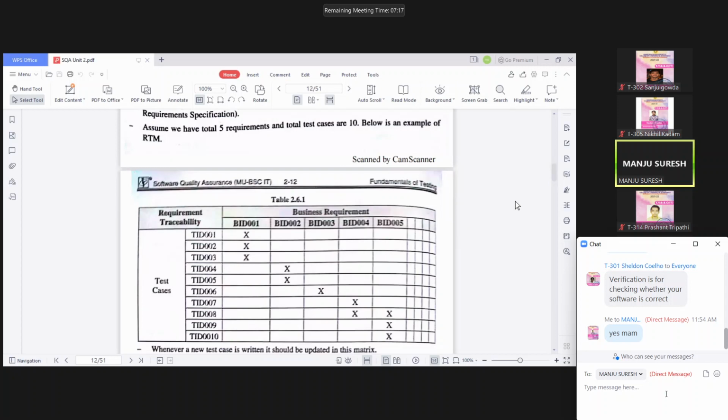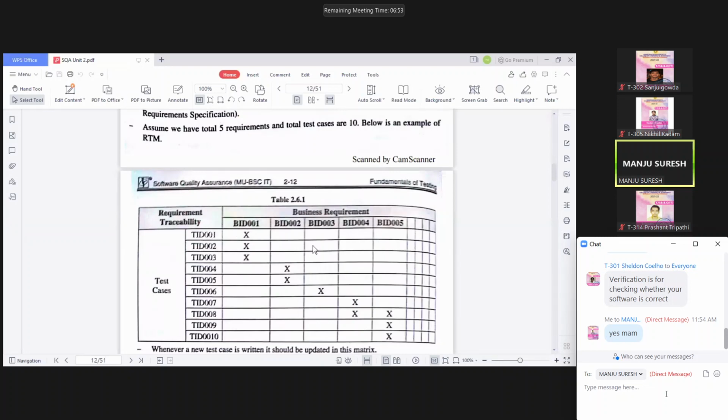We have various business requirements. We always draw this table, that is requirement traceability metrics इसको बोलते हैं, जहां पर हम ऐसे टेबल बनाते हैं, राइट? So as per our business and as per the organization we have 5 different requirements. Okay, and each requirement is corresponding to different test cases.